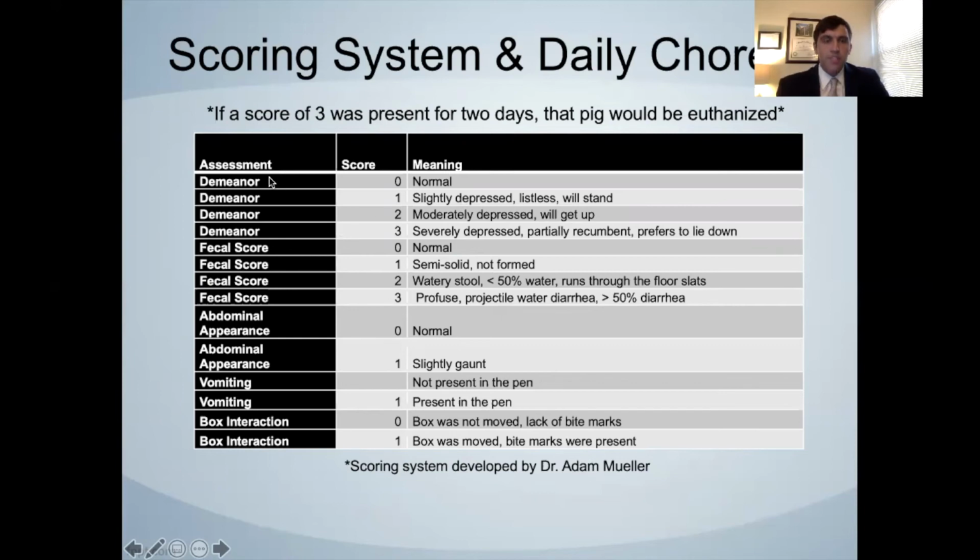Adam Mueller. And the reason I did this is because if a score of 3 was present for 2 days or more, the pig would be euthanized. Each day I assessed the demeanor, fecal score, abdominal appearance, vomiting, and plus or minus box interaction, that is fomite